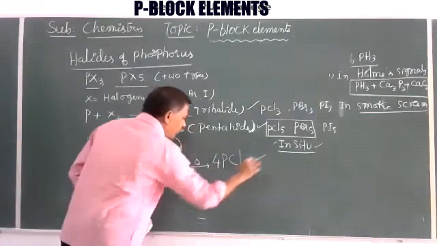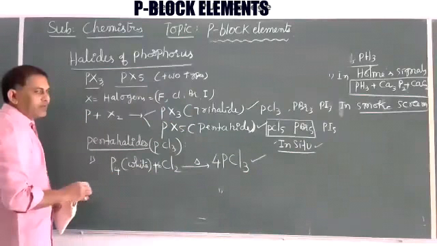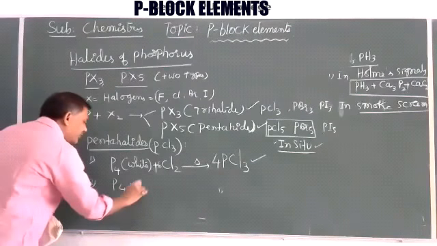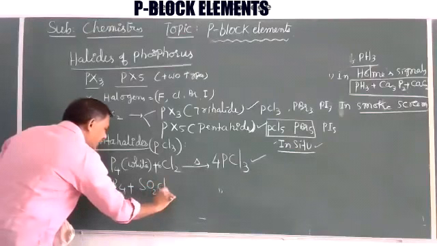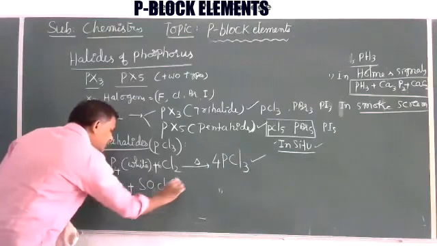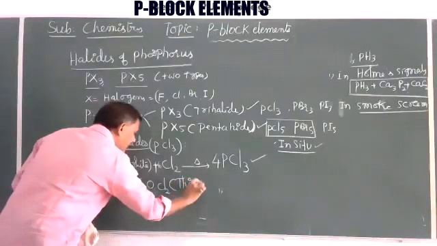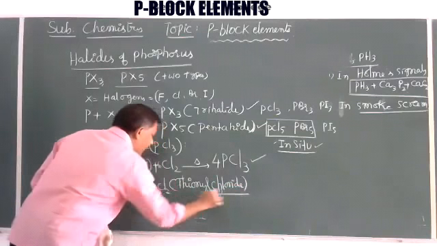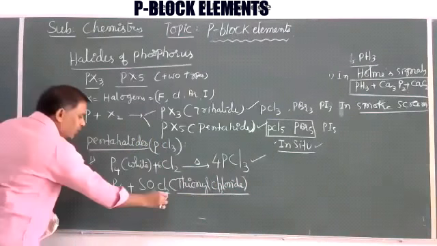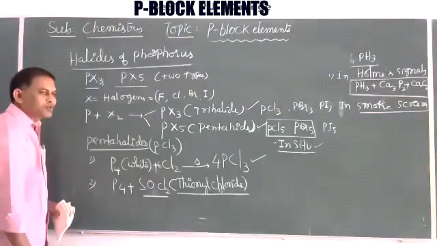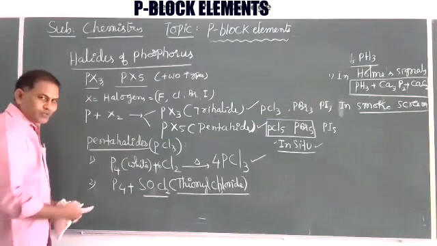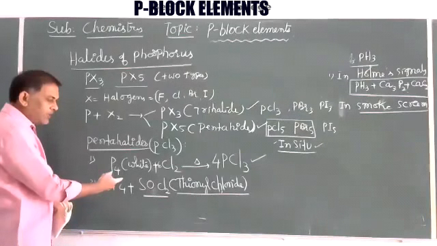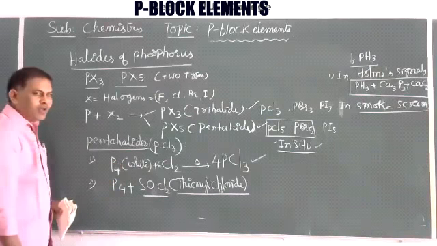Trichloride, tribromide, in this manner we can prepare. Also it is prepared by reacting white phosphorus with SOCl2. This is called thionyl chloride. It is a very important reagent, because in haloalkanes and haloarenes, one of the most important processes, Darzens process, is there. In Darzens process, when alcohols are reacted with thionyl chloride in the presence of HCl, it gives the corresponding haloalkane, that